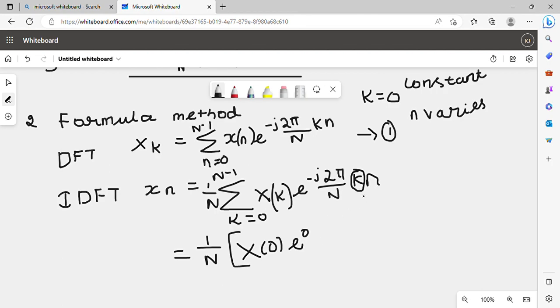Here anything multiplied by 0 is obviously 0. Then plus x of 1 into e to the power of j 2 pi by N into n, because k is 1, and plus x of 2 into